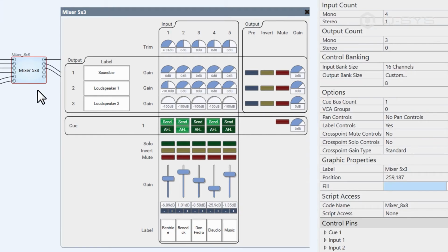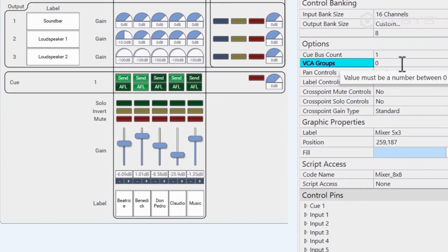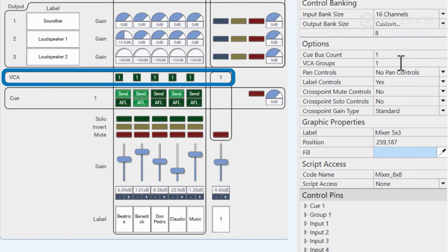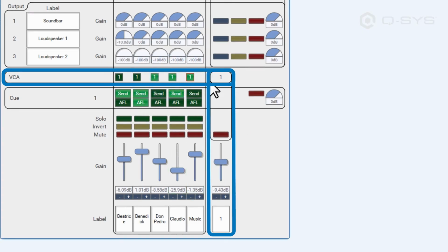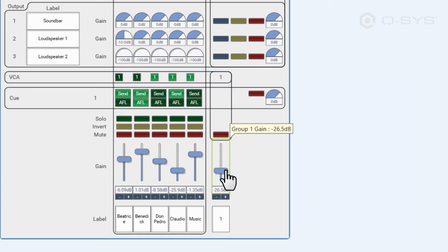You could also enable any number of VCAs. If you're not familiar with a VCA, it's basically a way to group certain channels together so that you can adjust all of their gains by the same amount with a single fader, which shows up to the right of your normal fader strips. As I said, a lot of these features are inspired by a physical mixing console, but